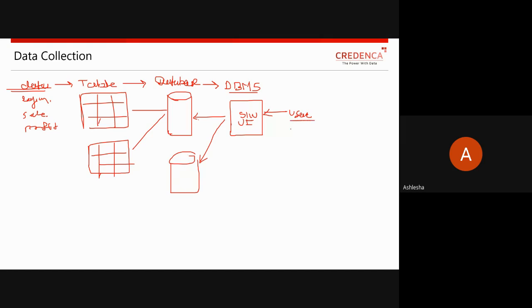The user can modify data, change data, remove data, add new data, create new data, and so on. So to provide the interface between user and database, we need a software system, and that is what we refer to as a database management system. Have you heard any example of a database management system?